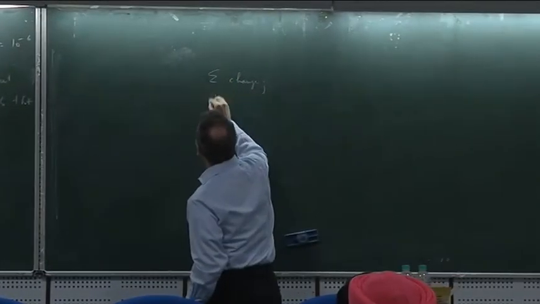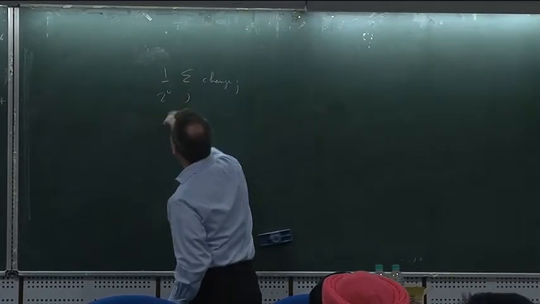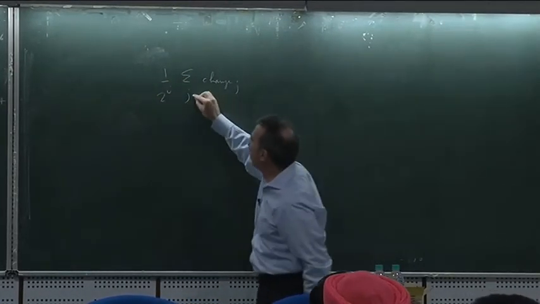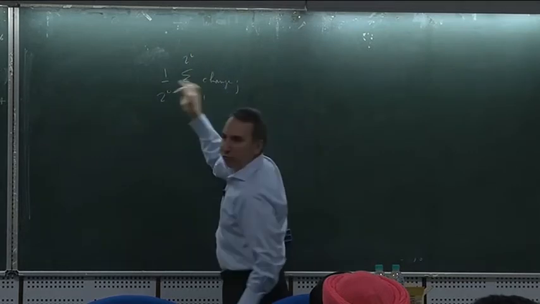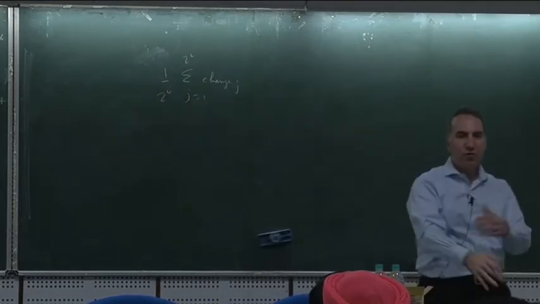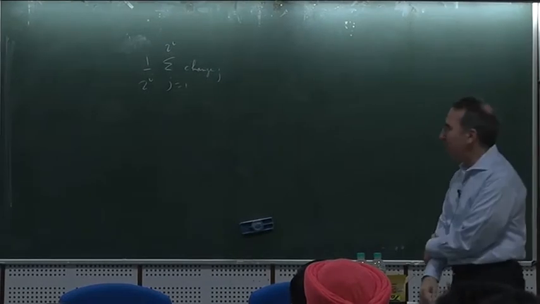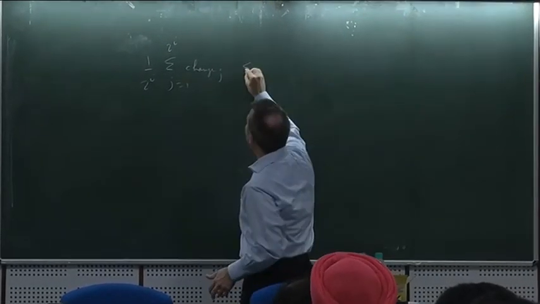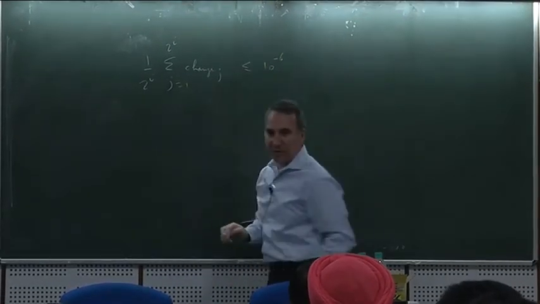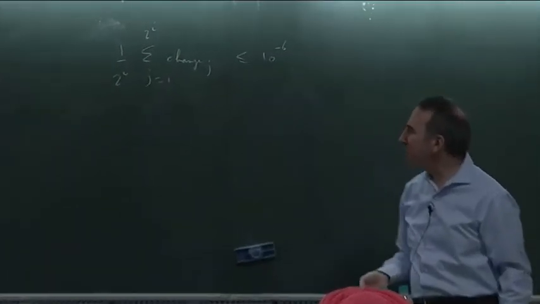Suppose you have the jth channel. You have 2 to the I channels, so j goes from 1 to 2 to the I. These are the changes you have made in these channels. This average change, I'm saying, is less than 10 to the minus 6. All right. Now,